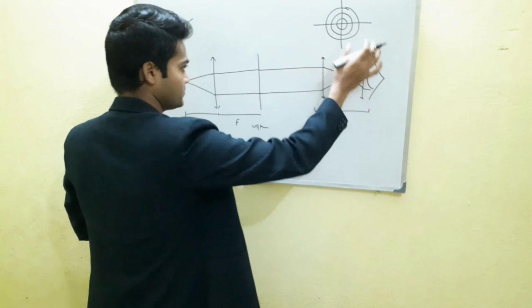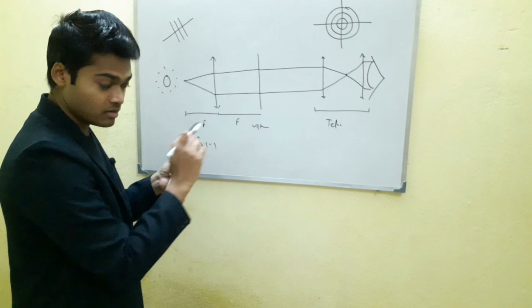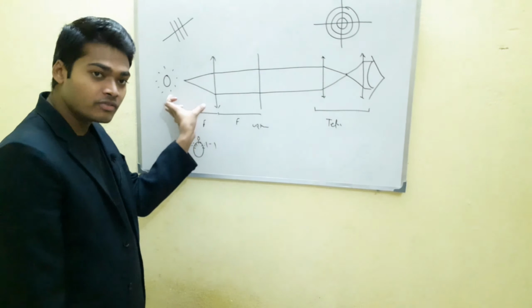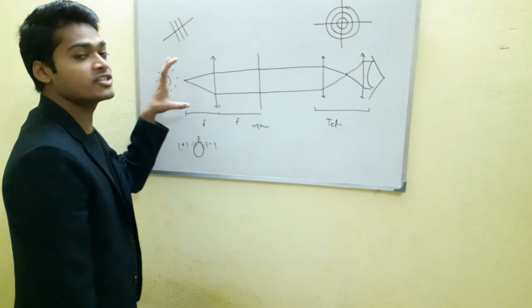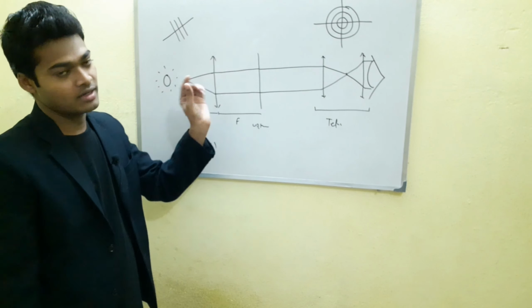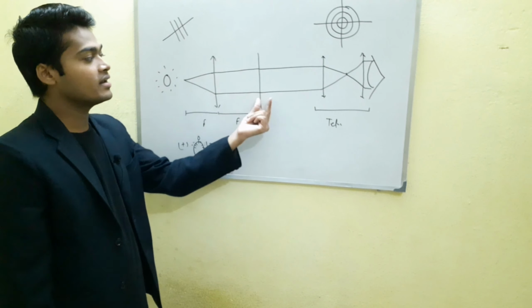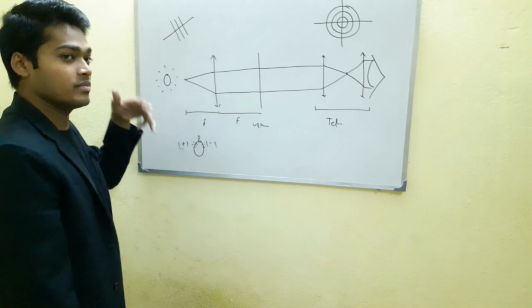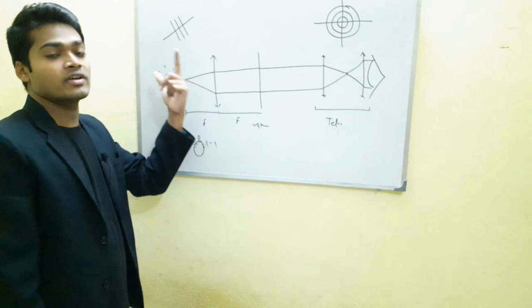So what actually happens here, I repeat all these things. Light emerging from here, due to being very close to the unknown lens, acts like a diverging ray. This strong condensing lens converts this diverging light into parallel rays. When the parallel rays travel through the unknown power, they come to the objective lens and then the eyepiece. In between, a target is fixed in this shape. If these three lines first appear sharp, the cylinder is okay. If these are fixed, the sphere is okay.